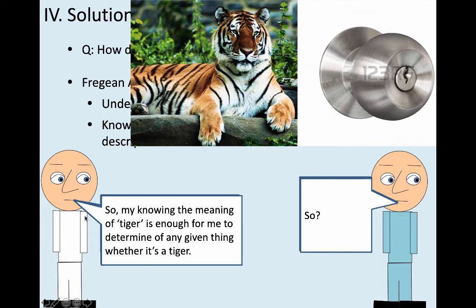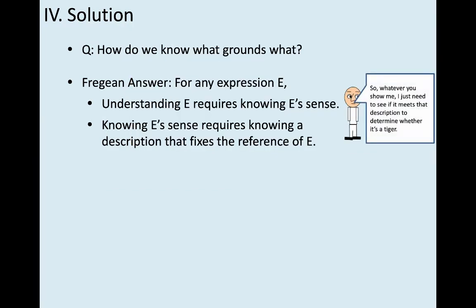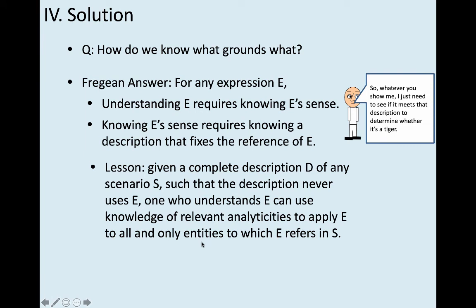So, continues White here, my knowing the meaning of the word tiger is enough for me to determine of any given thing whether it's a tiger. Put another way, it's analytic that tigers are large, carnivorous cats with black stripes. And I can just determine whether any given thing is a tiger by seeing whether that description holds of it. Okay, so here's a lesson. Given a complete description of any scenario, such that the description never uses the word tiger or some other expression you're interested in, some non-basic bit of vocabulary, something that's not in the protocol language in Carnap's terms,